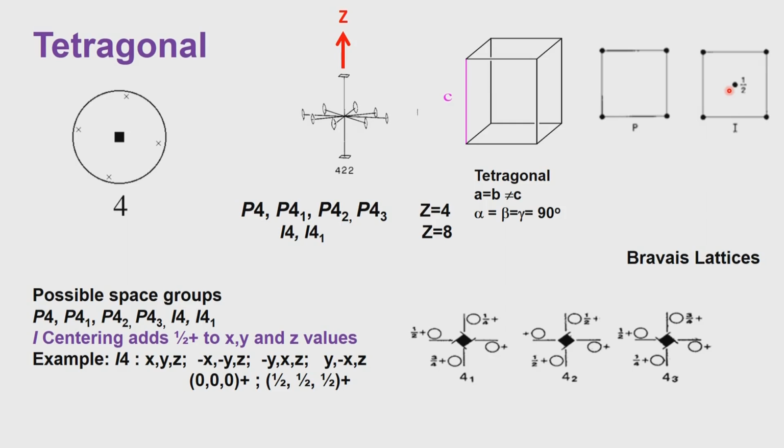If you look at the possible Bravais lattices associated with the tetragonal system, one can show P and I only exist, which probably we will do in the form of an assignment later. But if you consider the two lattices that are allowed, only P and I are allowed. Any other lattice like F for example, or A, B, C centered, because of the fact that we have A equals B as an additional condition which makes the basal plane square, the moment there is a square we cannot have it centered effectively, and therefore the centering of the faces is out.